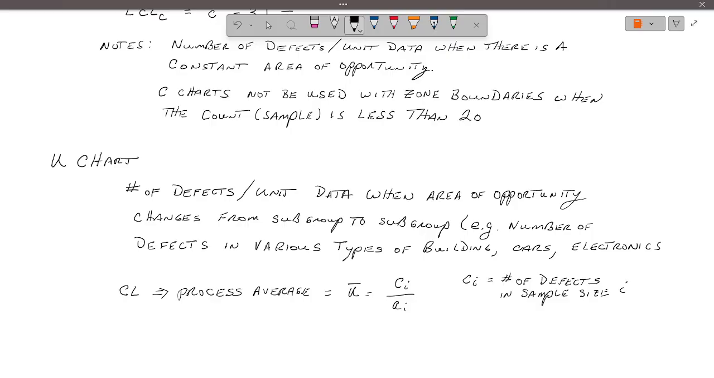Okay, so C sub I is the number of defects in the sample of size I. So that could be 50, it could be 100, it could be whatever. Okay. So you take the average of it, and that's what you're looking for, the average U. And A sub I, it doesn't look like an A, does it? A sub I is the